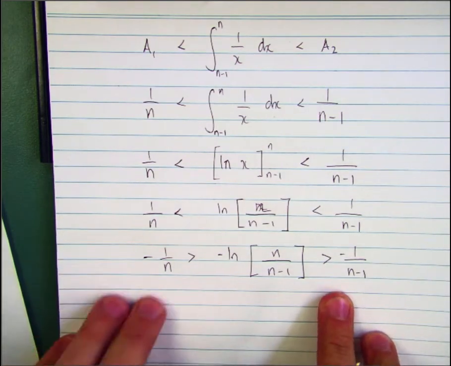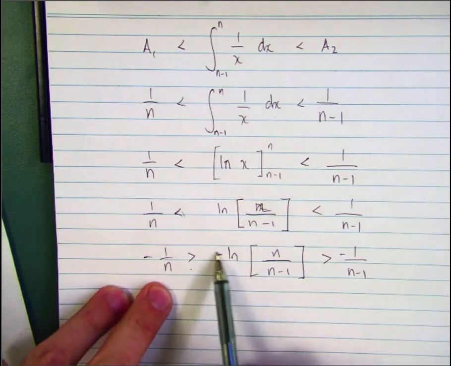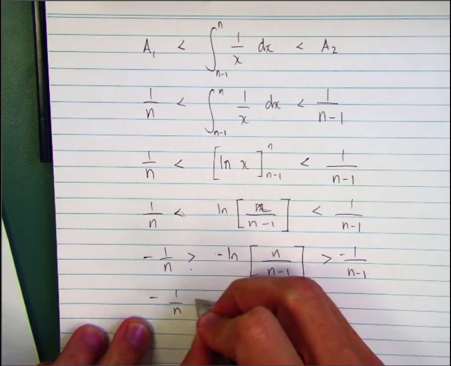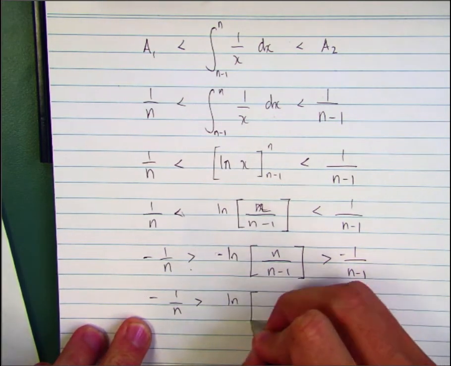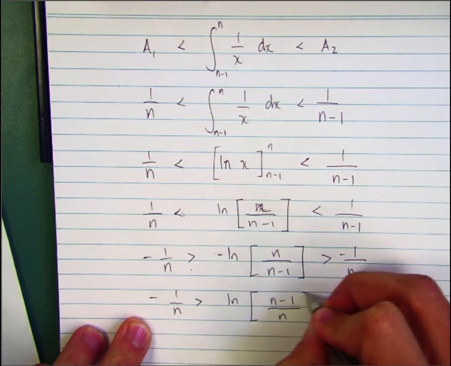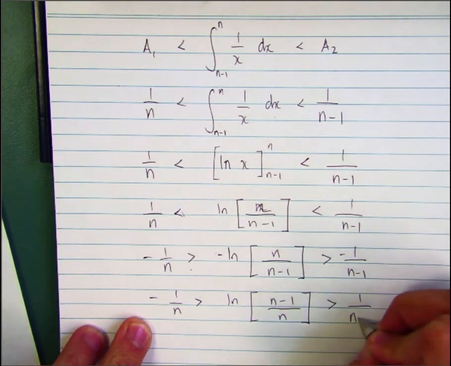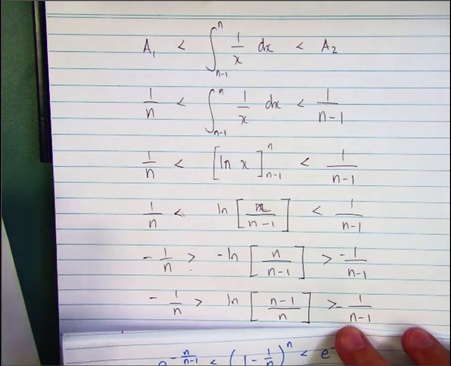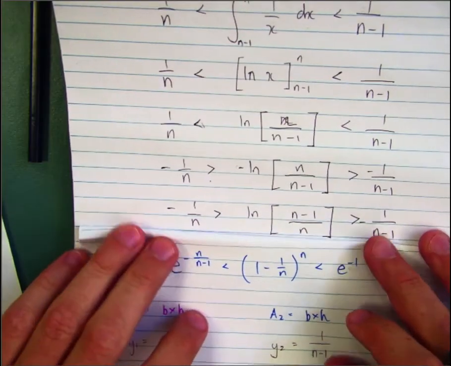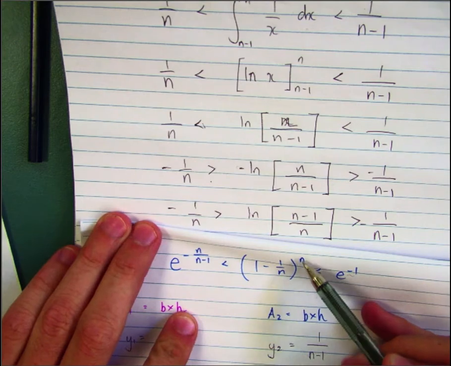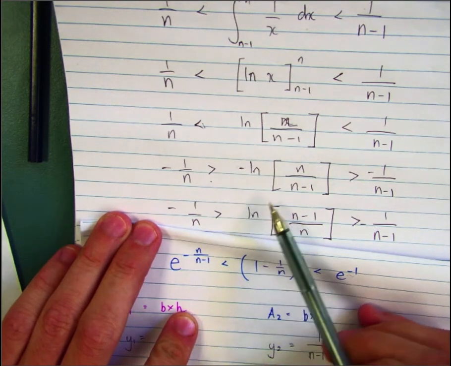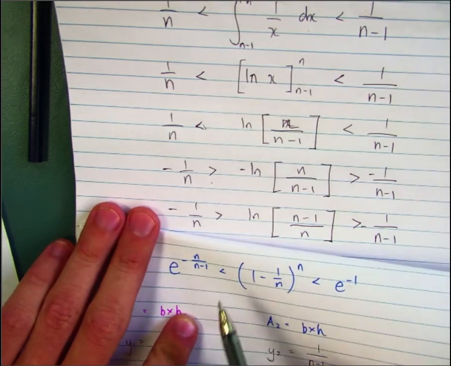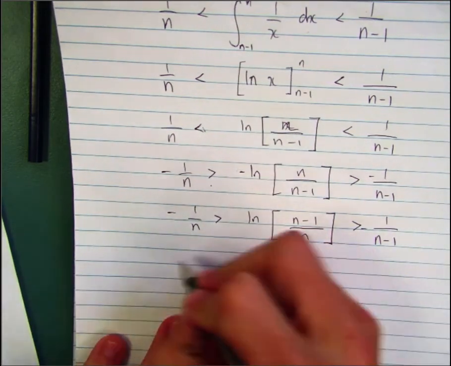Now from here, we've got a negative, we've flipped the inequality signs, we've got a negative out the front of the log, so I'm going to just flip the log instead. For those of you playing at home, you should realise that's 1 over 1 minus n, which is what we want. There is another problem though. I do end up with a power of n. Now, because that's a log, if I had multiplied that by n, we'd be okay. So I'm actually going to multiply everything by n. If I do that,